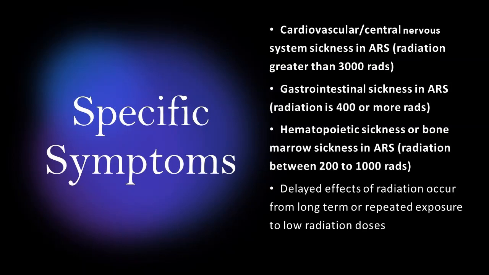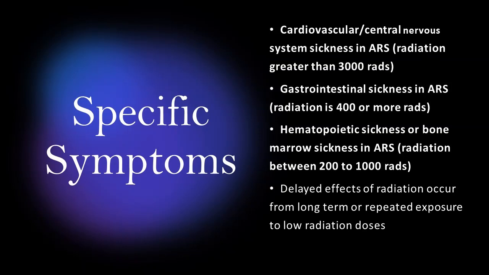Gastrointestinal sickness occurs when the total dose of radiation is 400 or more. It is characterized by nausea, vomiting, diarrhea, resulting in severe electrolyte imbalance and severe dehydration, hypovolemia, circulatory collapse, septicemia, and organ failure. Hematopoietic sickness or bone marrow sickness occurs when the total dose of radiation is between 200 to 1000 rads,